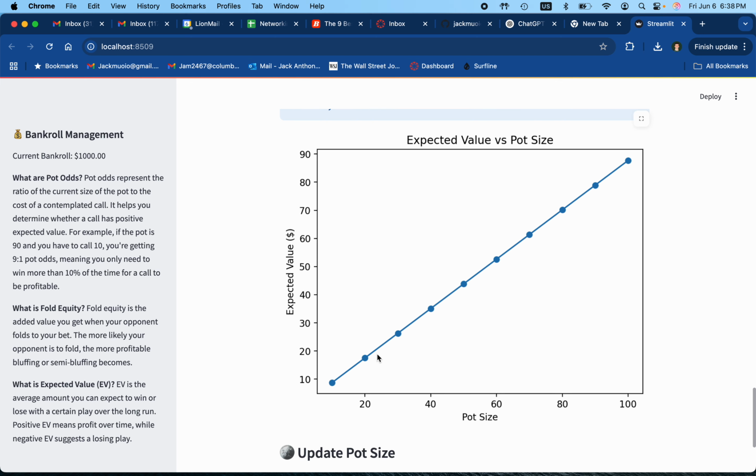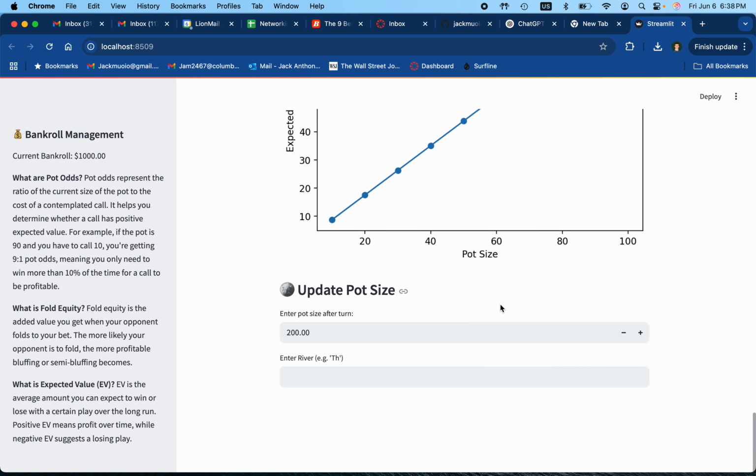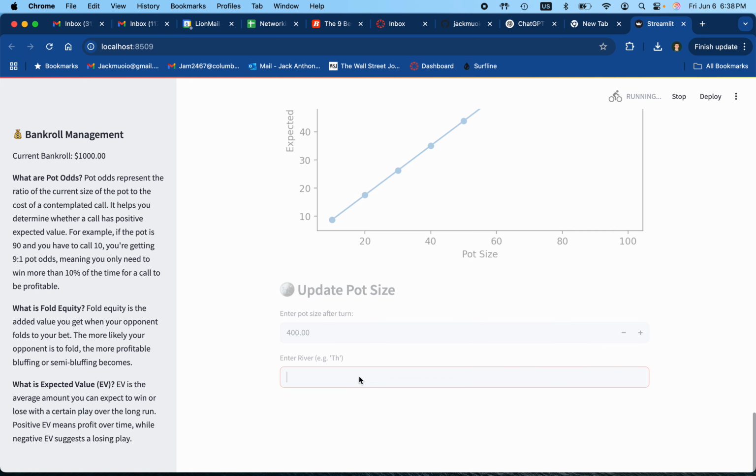You see it's quickly gone from net positive to negative and back to positive because we now have a 3 of a kind. Say the pot size increases after the turn